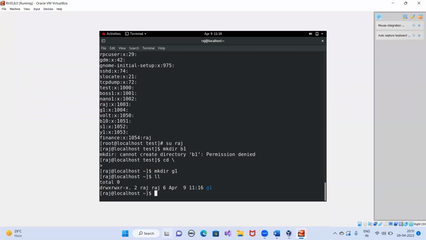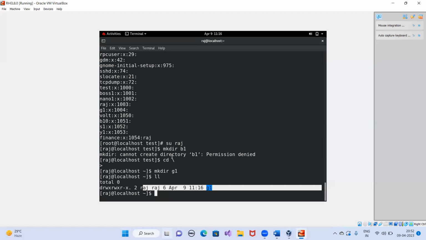Now if I check the permission, here you can see Raj, which is the username, Raj, which is the primary group name, and G1. G1 is the name of the directory which you have created. This is related to your file and folder.